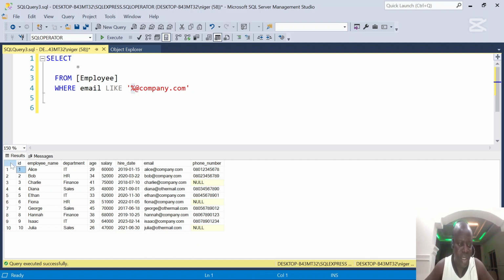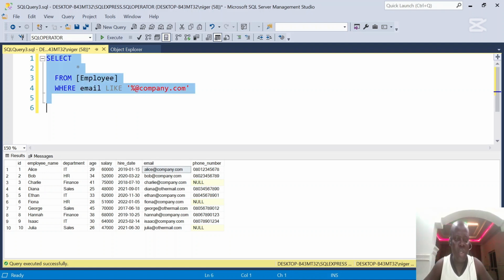And if you look at the results tab, you see you have Alice@company, Bob@company. So irrespective of the staff or employee, I just want to see the list of those people whose email ends with @company.com. And that's why I said, look, the character in front could be Alice, it could be Bob or anything, but